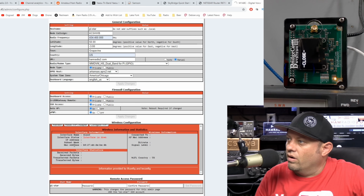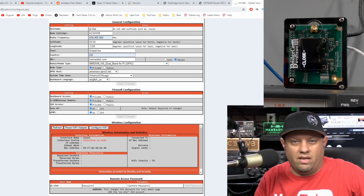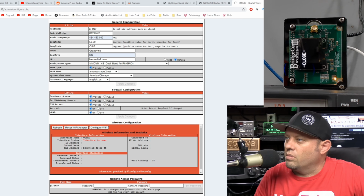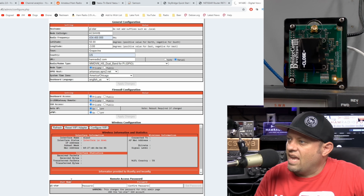Now I'm going to go over here. Okay, so I'm hardline connecting. Generally speaking, you're not going to want to stay connected to a hardline while you're using your hotspot. You want to move it around the house, maybe take it with you on the go, something like that. So all I would need to do right here is scan,